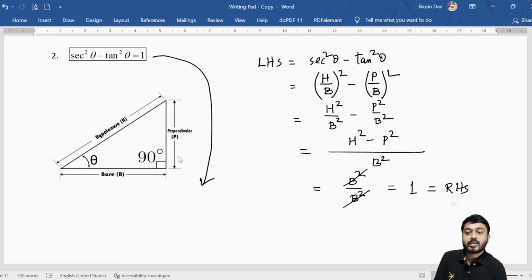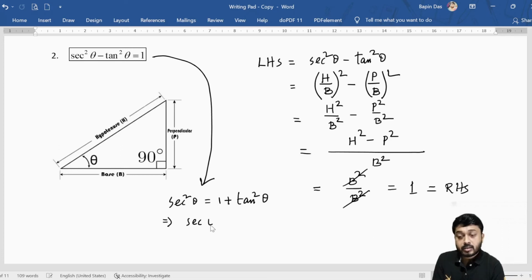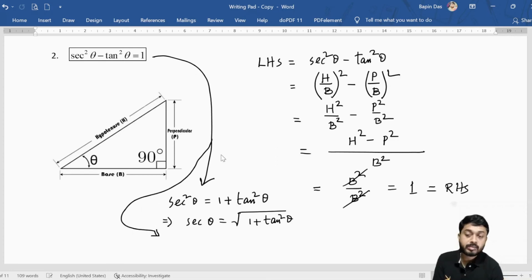See, sec square theta is equal to 1 plus tan square theta. Yes, we can write this by making a simple side change, isn't it? So from here you can again write sec theta equal to root over 1 plus tan square theta, right? And another thing which you can write by doing another side change, different from the previous one, that is when you take this tan square theta to the right side and take this plus 1 to the left side,